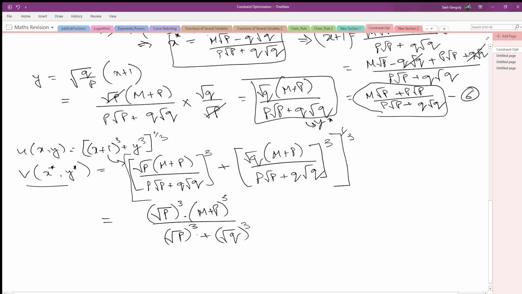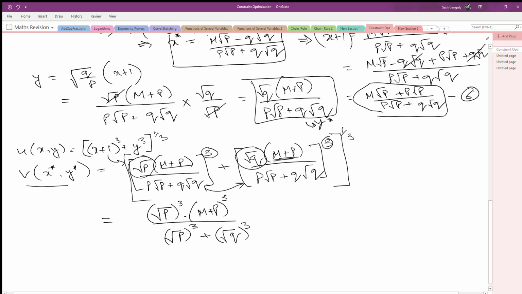The motivation behind changing p root p to root p whole cube is basically we see that we have a root p and we are doing a cube of that, plus we have a root q and we are doing a cube of that. Because the denominator is the same, I can then have m plus p as a common